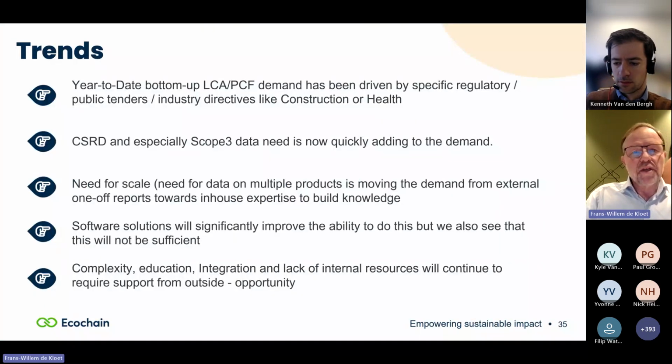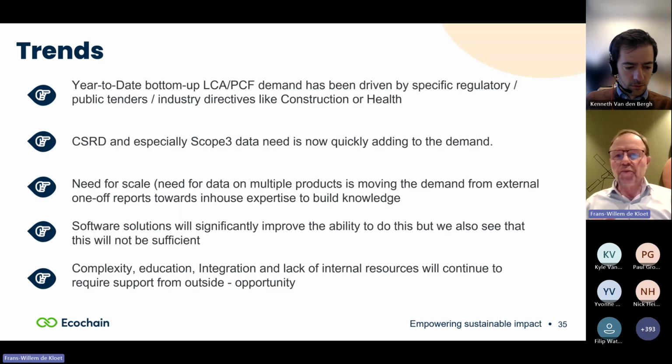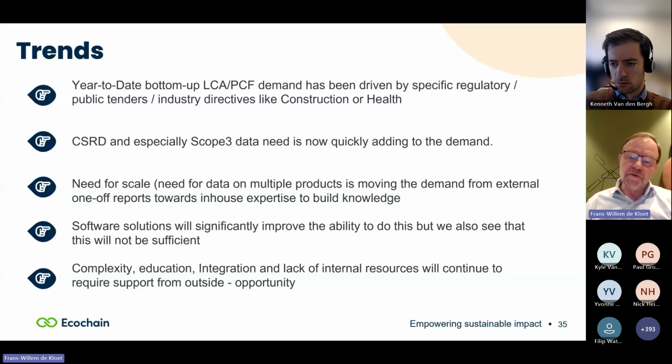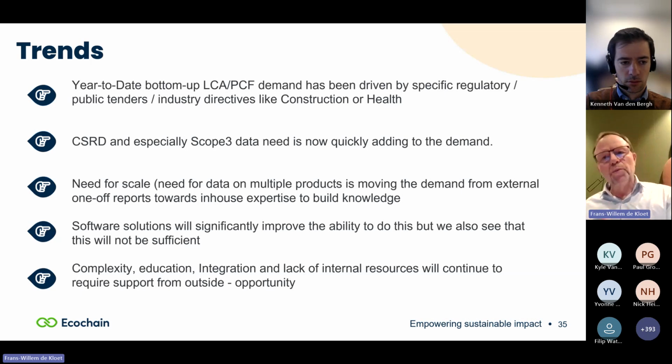One slide on market dynamics. So I would say traditionally, a lot of the demand in LCA, PCF, EPD has been driven by specific regulation, public tenders. I mentioned already construction materials, where this is already, I would say, mainstream for a long time, but you see now also in other industries like health where this is happening. That's a key driver and will continue to be a big driver